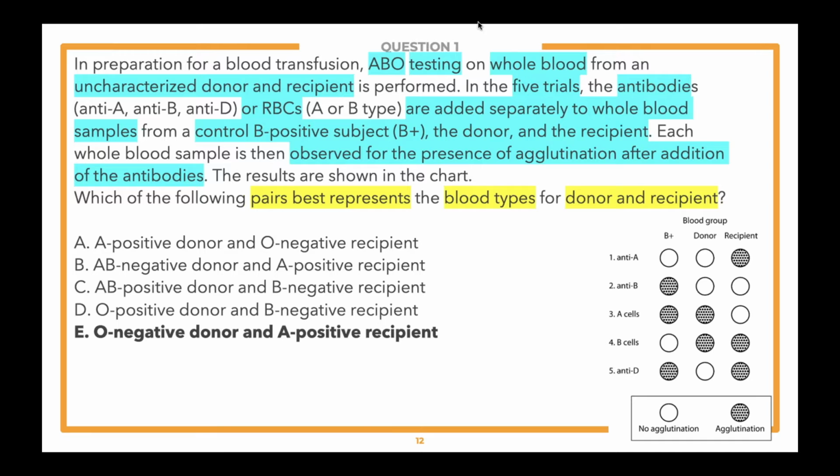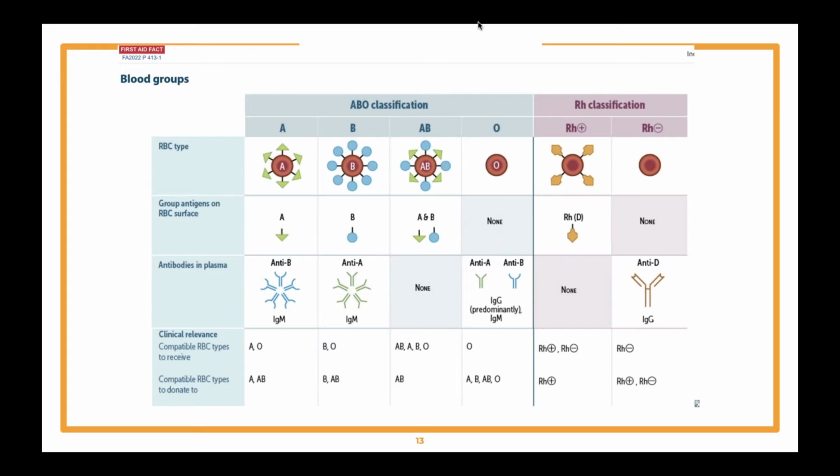Anti-D agglutination means that the RBCs in the sample have the Rh antigen, which means the donor is Rh negative and the recipient is Rh positive, okay? So donor and recipient blood, whenever you're giving that, they should always be cross-matched because you want to avoid any transfusion reactions. So if we take a look at the next slide, this is kind of showing us our ABO